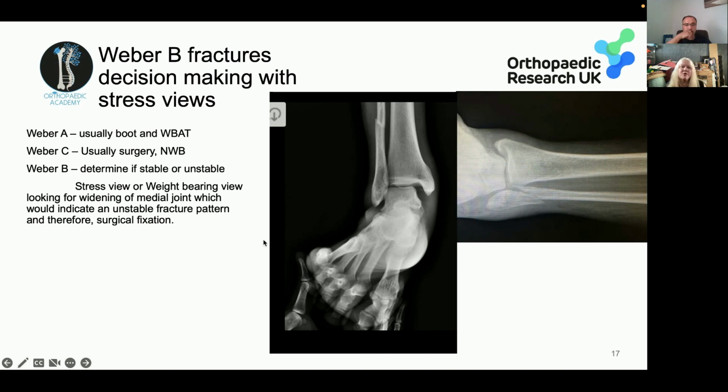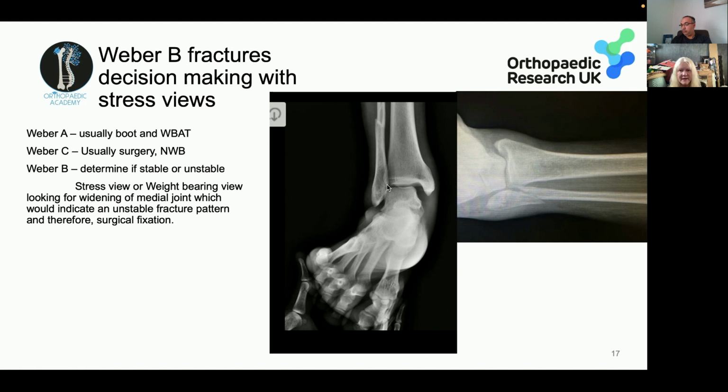And the last one you can do is you can ask the patient to weight bear. And when they weight bear, if the tibia and the fibula have got an injury to the syndesmosis, then what you'll find is on weight bearing, there will be an increase in the gap between the tibia and the fibula. And you may see increased medial joint space, but you're looking at the gap between the two of them. And in fact,